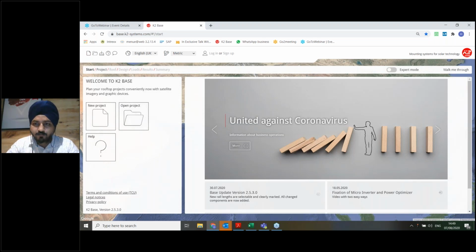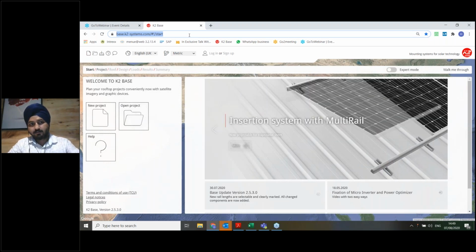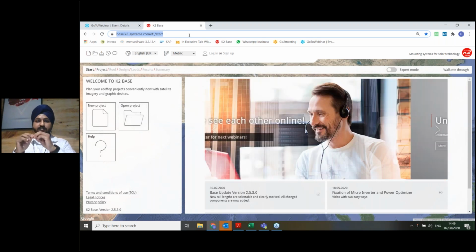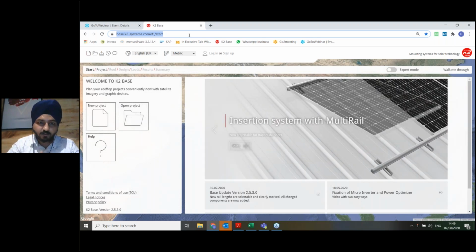For those of you who have not yet registered with this planning tool, it's very easy. You just need to go to this URL, base.k2systems.com, which you can see on your screen as well. In order to plan your PV installation in the future, you first need to create an account with K2 Base.